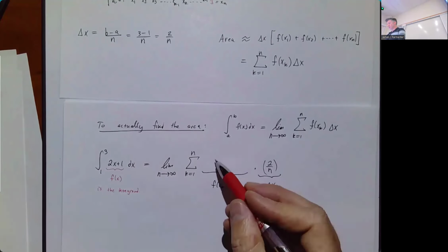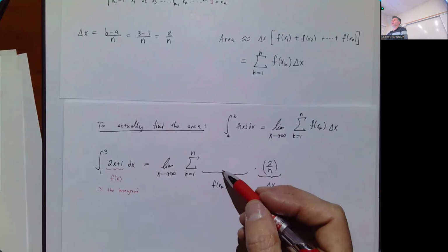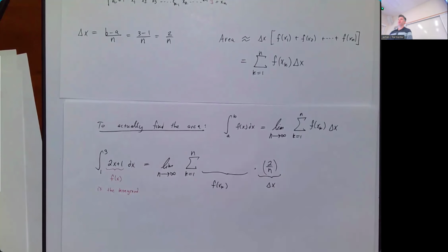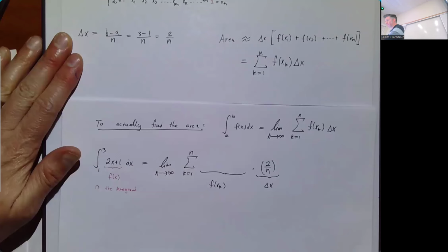So that's essentially what's going to go here, except instead of plugging in x, we're going to plug in x sub k. So we have to find a formula for x sub k. It can be memorized, but I like to think about what it is before I just tell you what the formula is. So if we look back up here for a second,